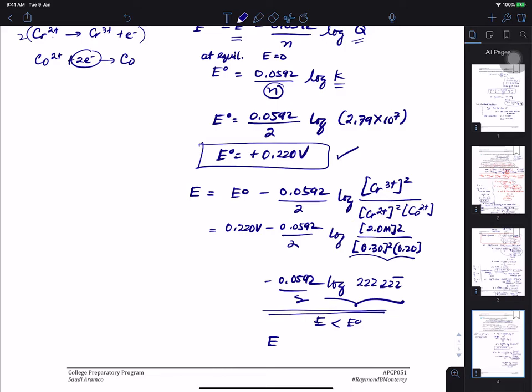Let's look at the value again. So that's 222. The logarithm of that times 0.0592 divided by 2. It's practically 0.22 volts minus